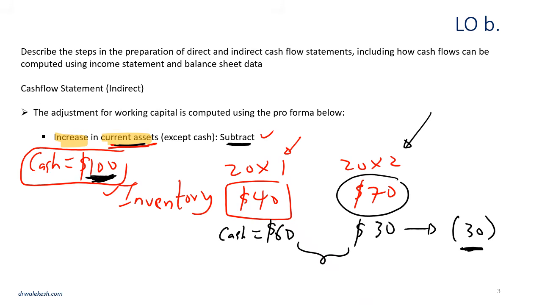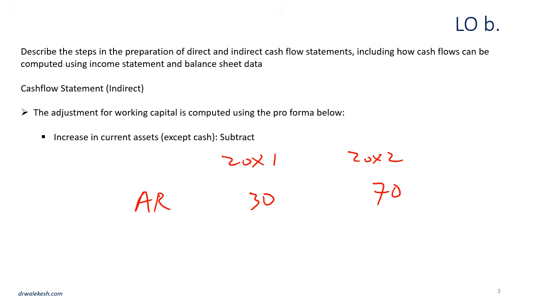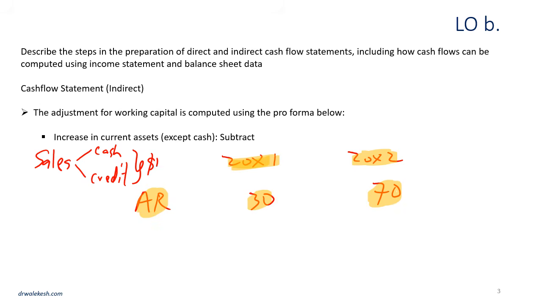Let us look at another example. Let's imagine we have accounts receivable in 20x1 to be 30, then in 20x2 to be 70. Let us keep sales constant. Recall that sales could be cash sales or credit sales. So let's keep sales constant at $100 per year. If you sell $100 worth of goods in 20x1,